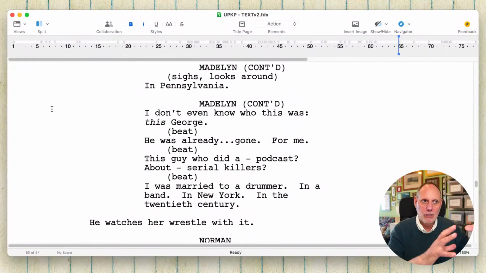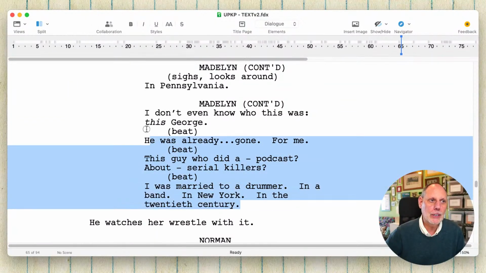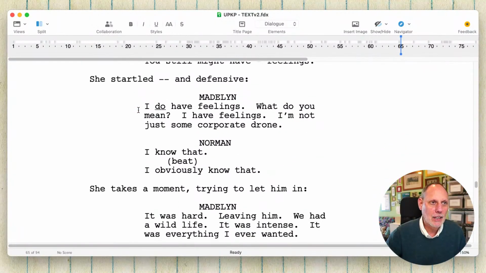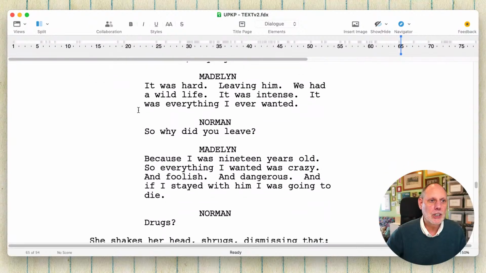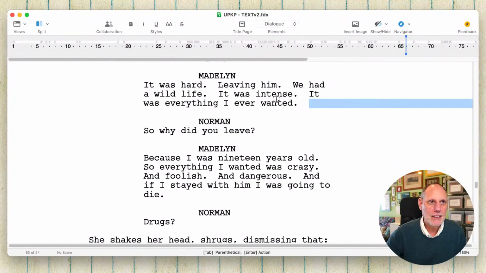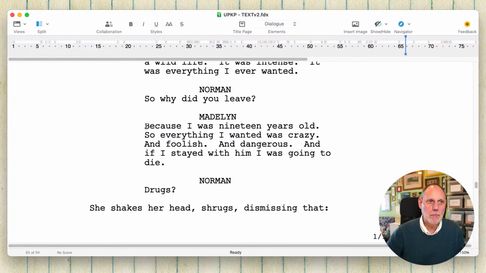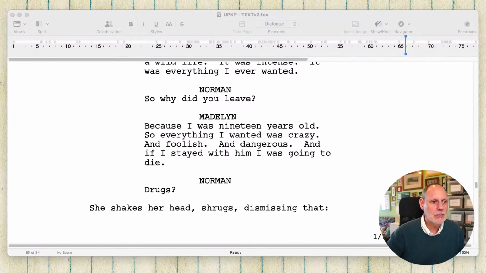There'll be a section of dialogue here which is about her knowing Madeline, Madeline knowing George. But the truth is, we already talked about that earlier. And there's a little section here about leaving him that's interesting. But a lot of this is just picking up stuff that I was like, oh, I ought to get that information here. And I'm going to stop here to really make this clear.